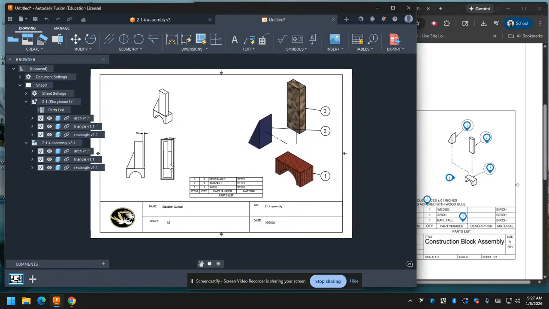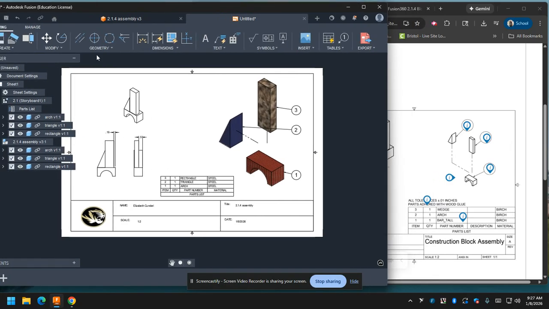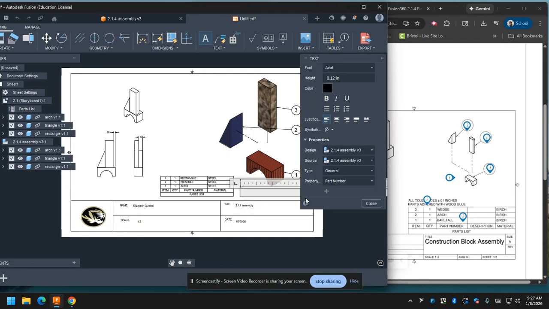Oh no, I take that back. We have to add that note. You see there's a note there? So let's add the note. So that's text. And the note says, wait, this should all be in capitals, so put your caps lock on. So all tolerances